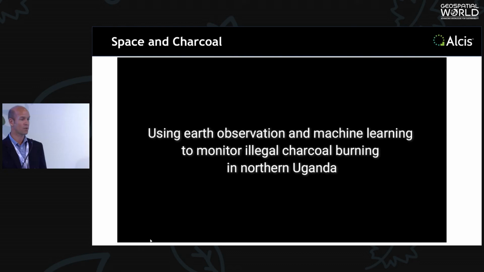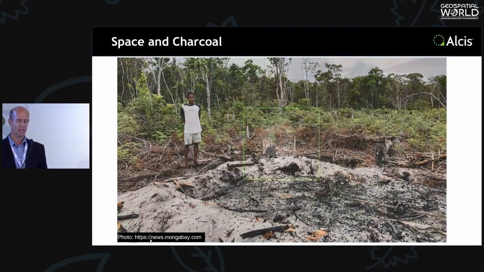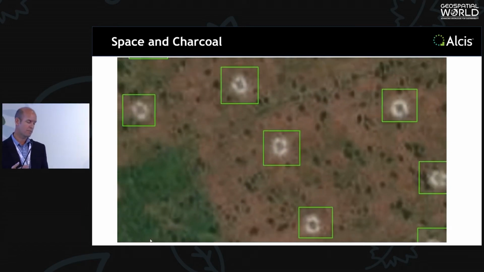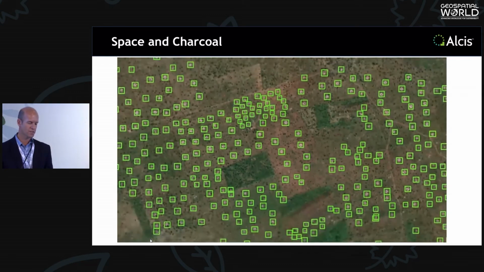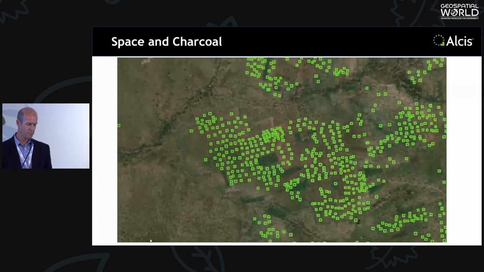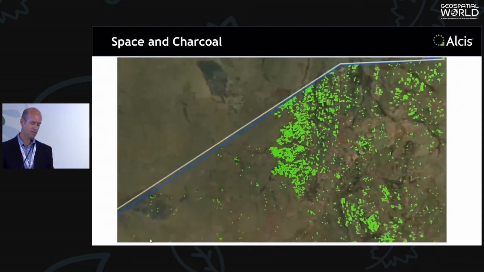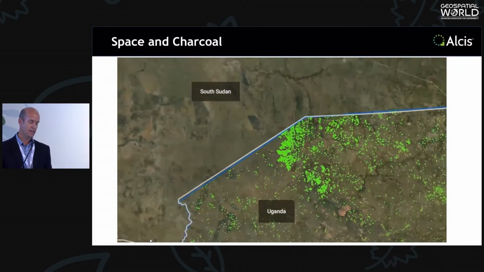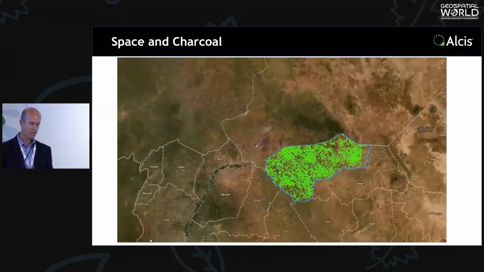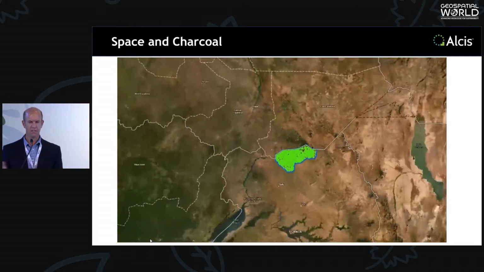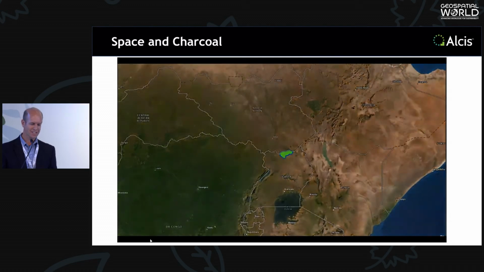But this is about how we then quantified this problem. Using satellite imagery and machine learning, you can see these charcoal burn areas have a quite obvious visual signature. So we used a data scientist in the company to produce some training data, and then we ran it against one district. And this is just one district up in the north of the country. And that's about 100 kilometers. So it's a reasonable size, but it is going on a scale that is significant.